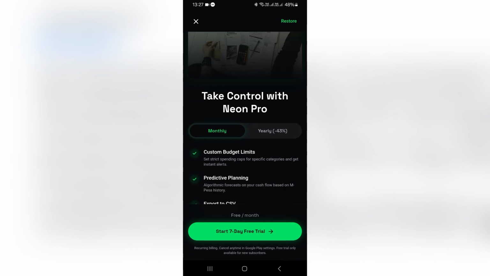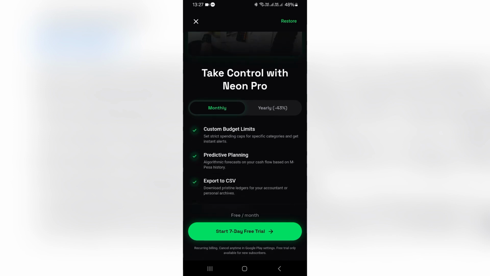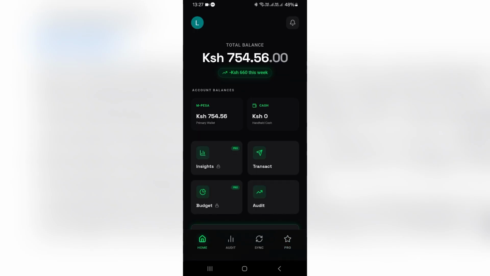A free user will be met with this page, where you can click to upgrade, choosing either the yearly plan or the monthly plan. And then we have